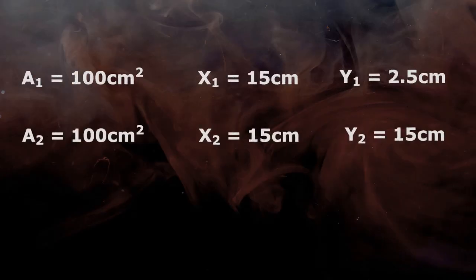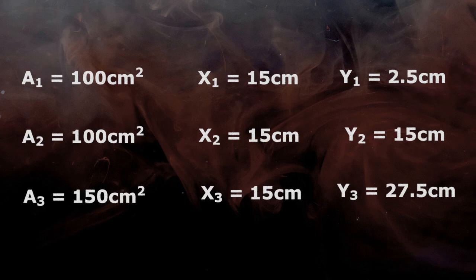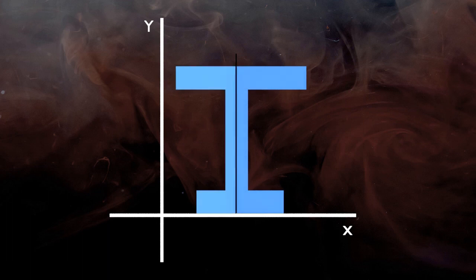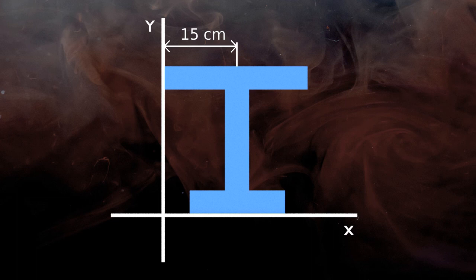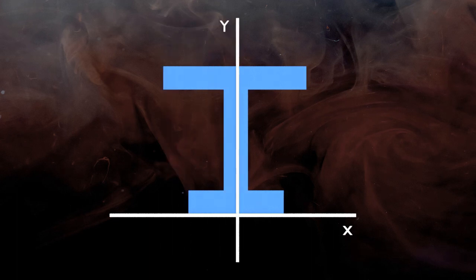If you observe here, the value of the x coordinate is the same, 15 cm, for all rectangles. The reason behind this is that our I section is symmetric about the y-axis. So to solve this kind of example quickly, find the x coordinate only once as the centroid locations are the same. You can even take the y-axis at the middle point so that the x coordinate will be 0 and just find the y coordinate using the above method.